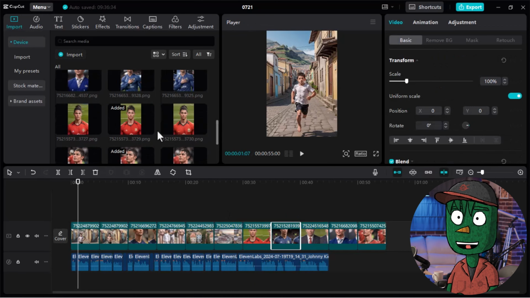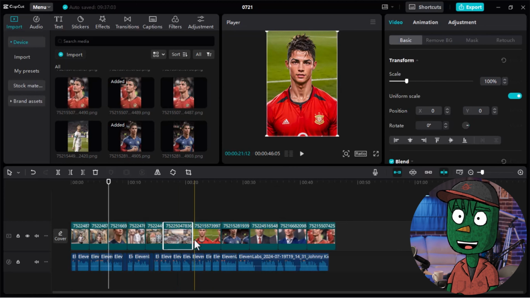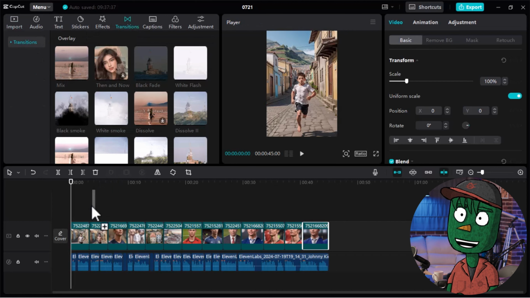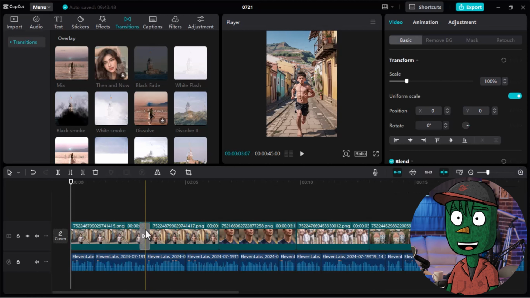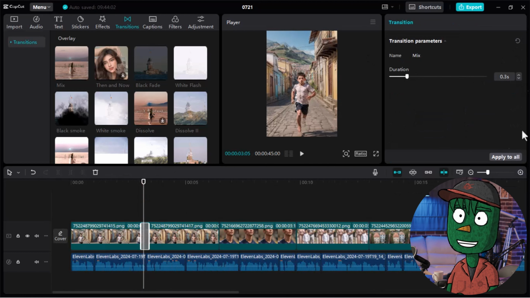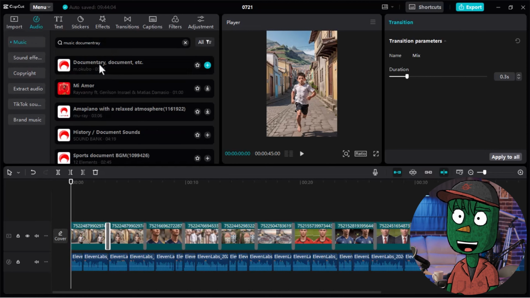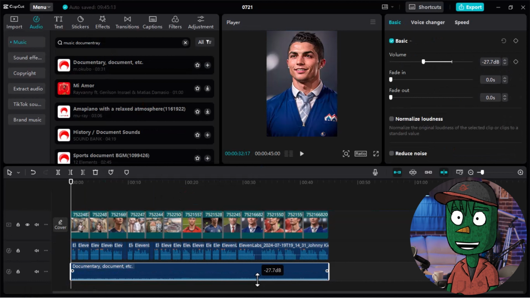Change the video ratio to 9:16 for a standard YouTube short frame size and increase the image size to fit the screen properly. To make the video more engaging for your audience, add transitions to the images. Click on the transition icon at the top and choose Overlay. You can also pick the transitions that fit your preferences. Remember, there's no right or wrong way to choose transitions. Next, add background music to the video. Click on Audio to search, then drag the desired music into the timeline. Reduce the volume of the music so viewers can understand the video.